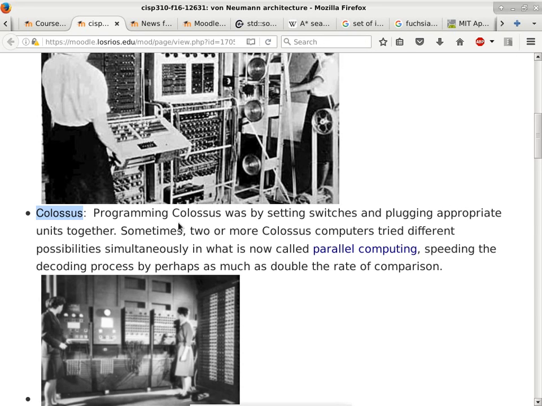Well, the reason why that is the case is because the behavior of the program, in other words, how it does things, is hardwired by the switches, by the actual physical wires, and so on and so forth. There is memory in these machines, but the memory is only used for data. Just imagine with a C and C++ program, the data is actually still in RAM, but your program is not. Your program is physically wired. That's how these computers used to be. The actual algorithms are hardwired.